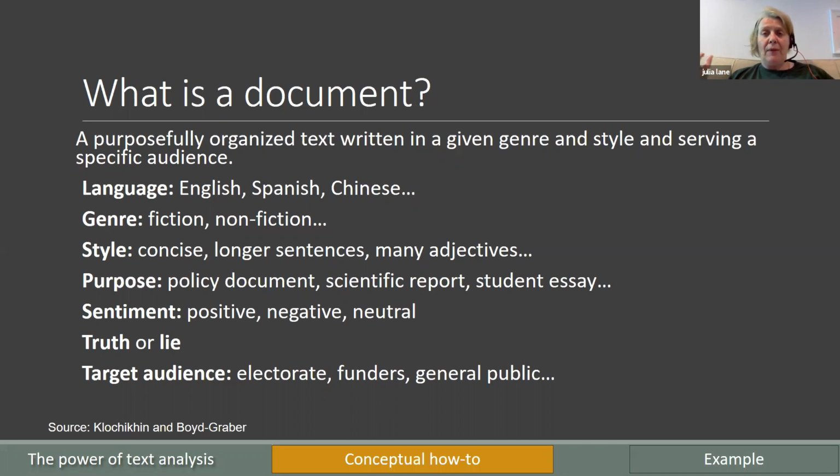You need to think about the style. A corpus that is built on emails is going to be very different from a set of documents that are scientific articles, which are different from a set of government policy reports, which are different from a set of questions for the record. Each set of documents has its own style and purpose, and it has a different target audience.